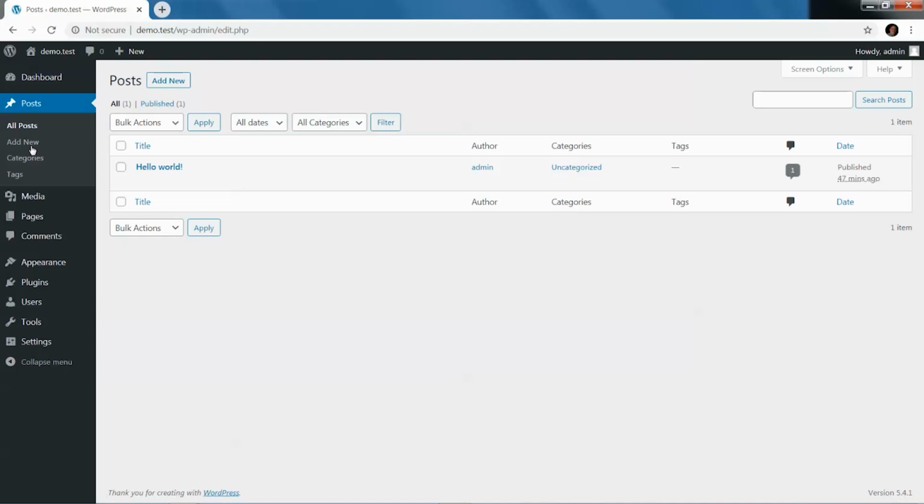But your posts are more of those journal entries. They're more of things that might be something you're thinking about at that time, that you post at a certain time, and then they just kind of fade away. It's not necessarily things that are going to be static and going to be there all the time. Posts are also things that you might categorize or tag to help people find other things.